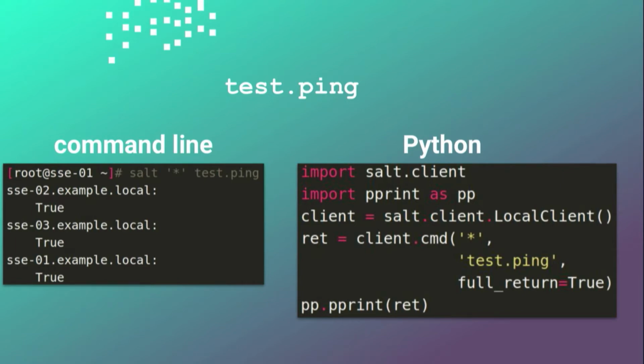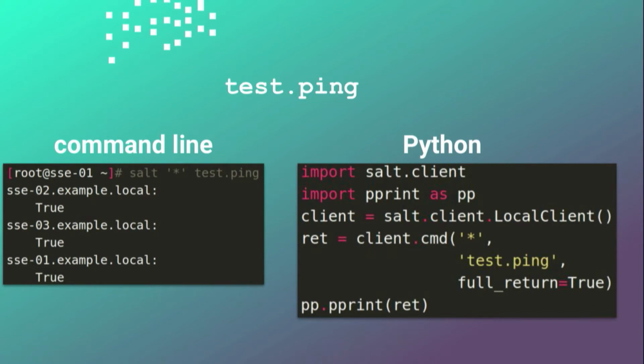And over on the right-hand side is going to be the bare minimum of what it takes to do that in Python. So you grab yourself a client, and if you go to the docs on this material, this is basically stolen straight from the docs, how to get started. There's a number of different clients you can get. Everything that we're going to be dealing with here is going to be called the local client. 99% of your use cases are going to be with the local client.